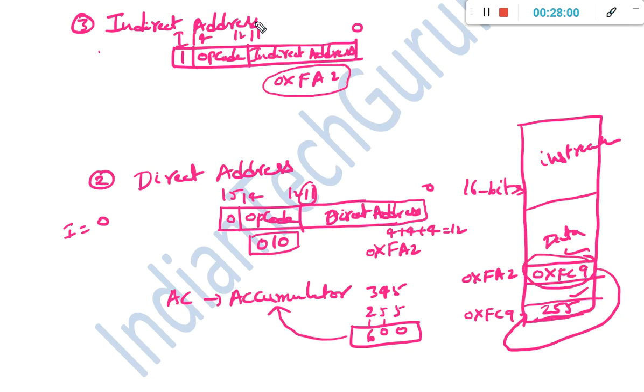So then we call it indirect address mode. Based on the I value, it determines whether it is a direct address or an indirect address, and accordingly it fetches the data or operand. Okay. So what is our ultimate aim? Our ultimate aim is to fetch the data or instruction.